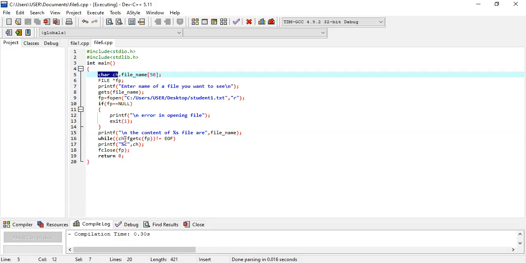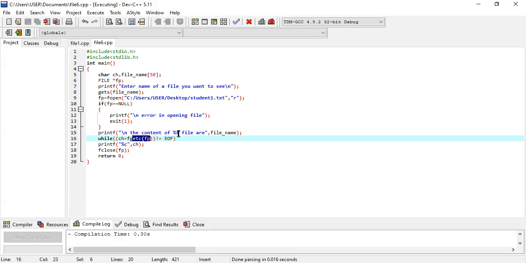So see, in ch you store every character of your file. What file? Student1.txt. So in ch you have copied the characters, but not all the characters at a time. It is not like that. One character at a time you fetch from the text file and store in ch. Now the other part. So this part is done. You read character by character from student1.txt and store it in ch.